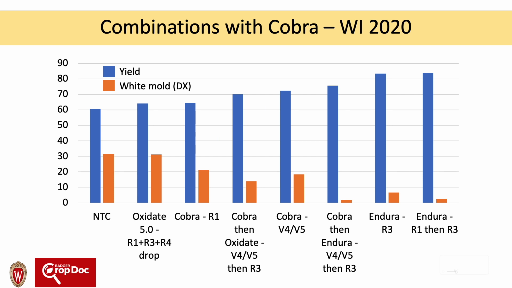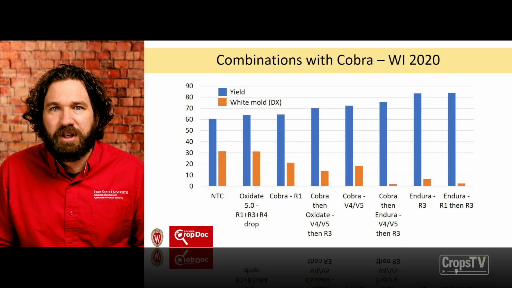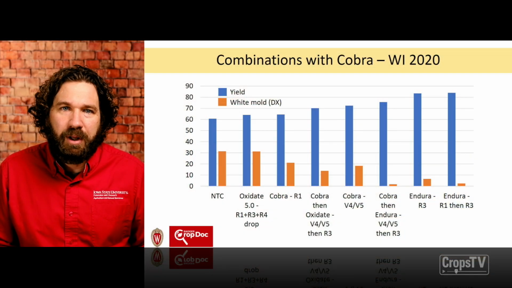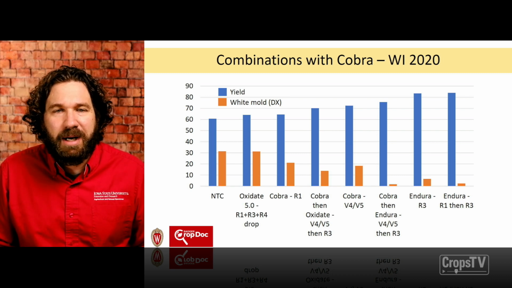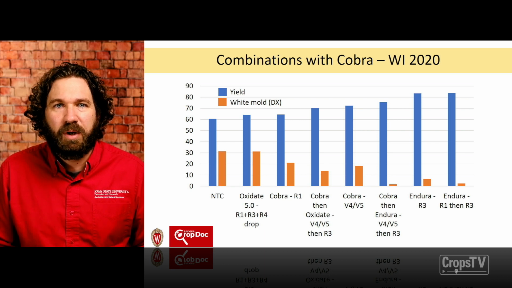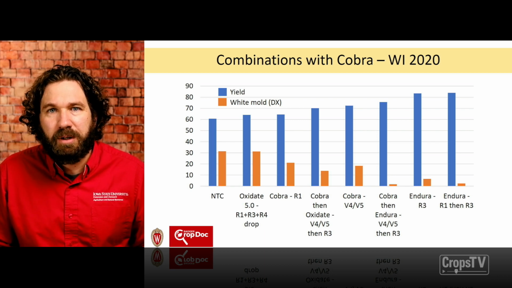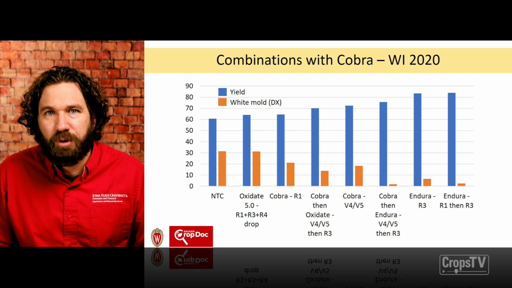One of the things we wanted to look at was, can we start applying it earlier and then combine it with a couple of different products? We have the controls in there, but the 2 products we looked at were Endura and then Oxidate. If you look at the white mold, really Oxidate, even applied 3 times, did not do a good job of reducing the amount of white mold. But Cobra did a good job of it, especially when it was combined with Endura at that R3 application following it. But if you look at the yield responses, the blue bars,